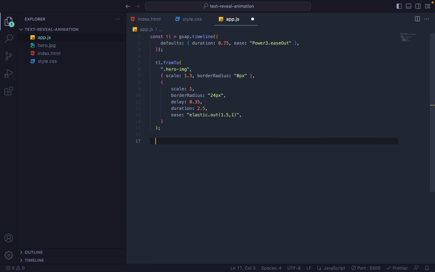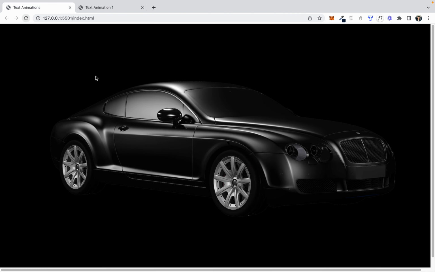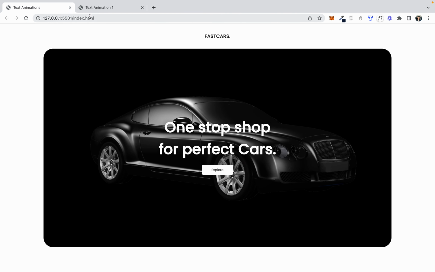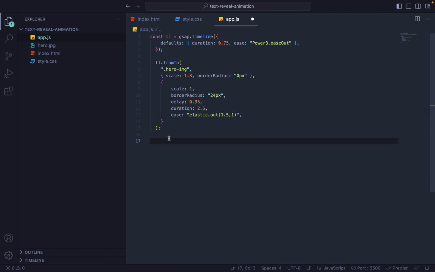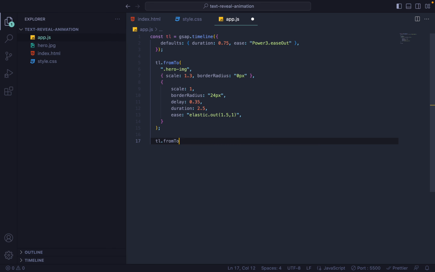All right, now that we have that, our next step is to work with our CTAs. We want our text to come in from left and right, so that's the next step. This is gonna be a lot of steps, but since they're all the same, we'll just copy and paste them all. Since we're targeting all 6 of our CTAs, we're gonna have to do a TL from 2. We'll target the first one, CTA 1,